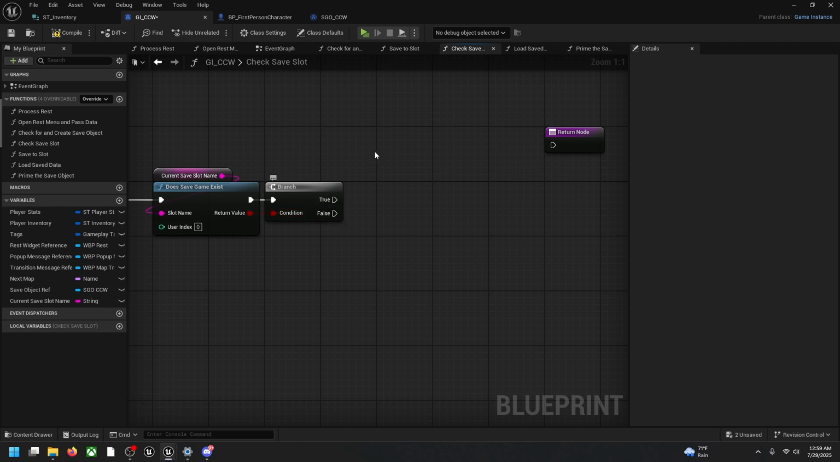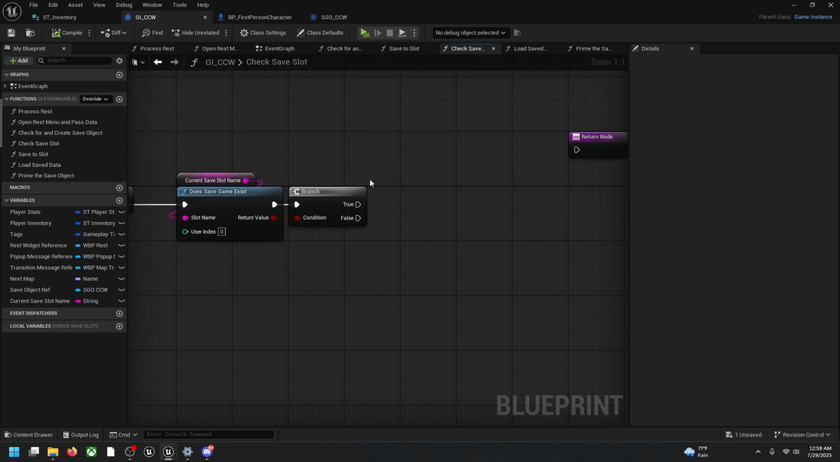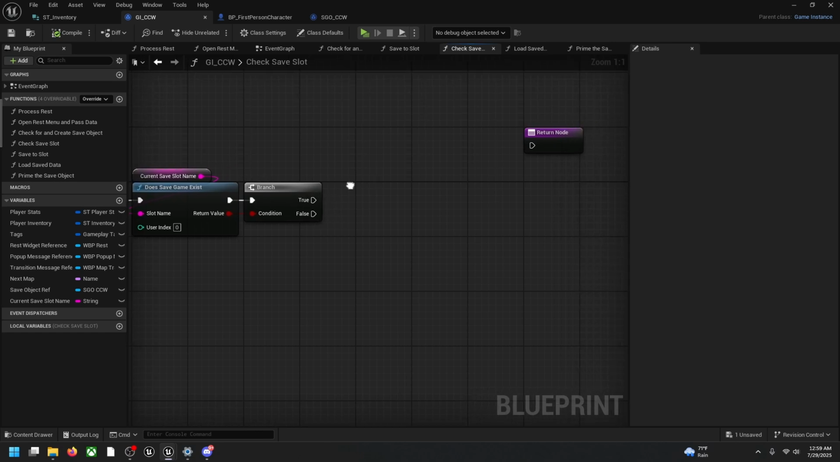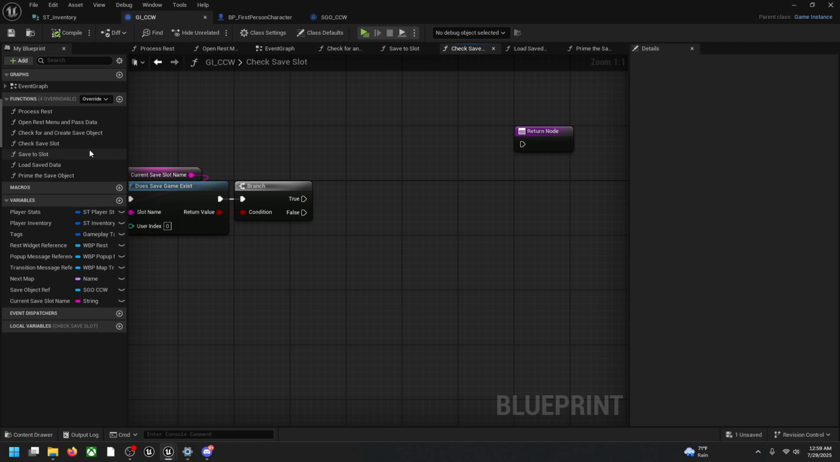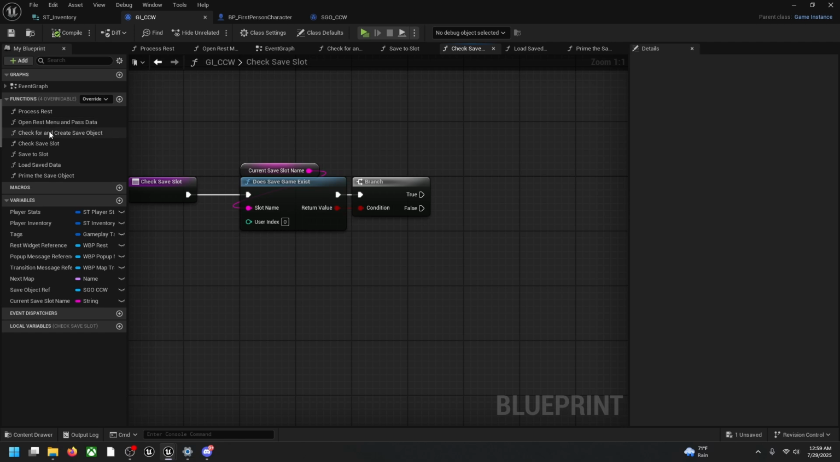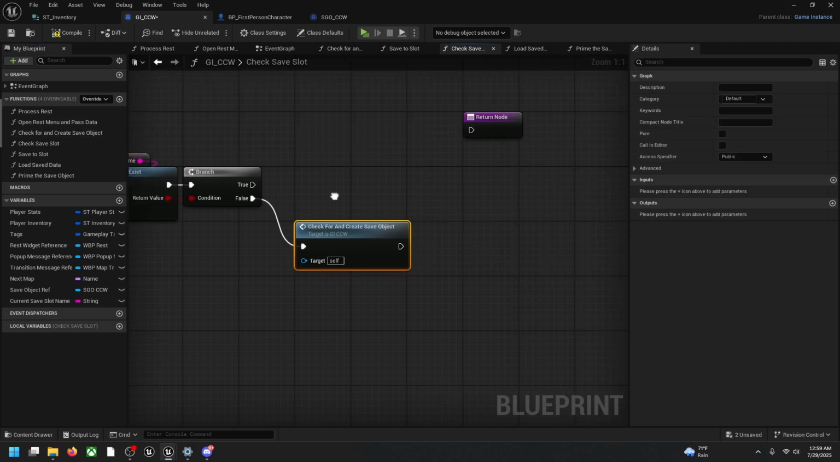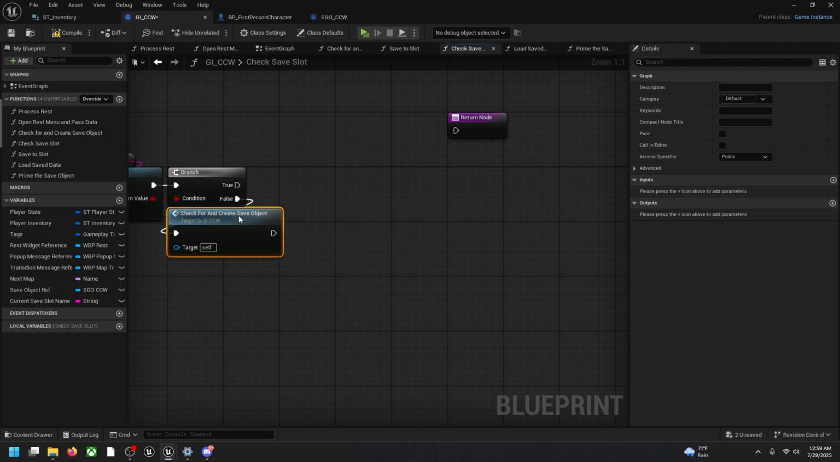If I set this up weird, I got a little confused, sorry, but you can see an interesting way to do this. If it exists, well, let's just start with if it doesn't. If it doesn't, check for and create it. And then I do this. If it does,